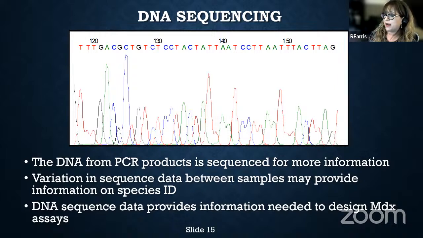Now, someone might ask, well, why don't you just go to the sequence data to begin with, if you're getting the most accurate data there? I mean, that is the data. Why don't you just go to sequence data to do your species ID? Well, we do sometimes, when there's actually no molecular diagnostic tool out there. Sometimes all we have to do is rely on the sequence data.